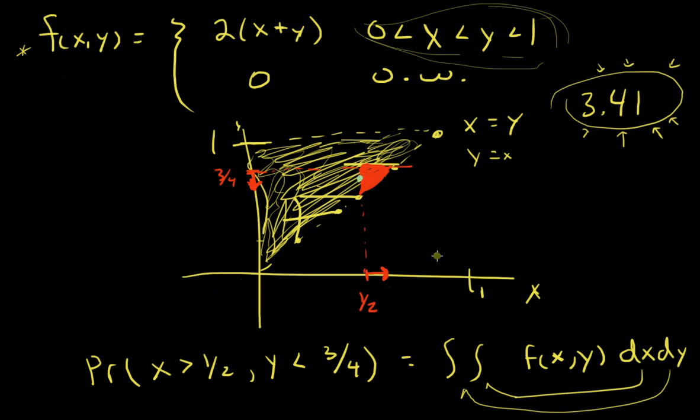It moves from left to right. So starting at 1/2, I will travel until I get to whatever value of y. Then, where does y go? Y goes from down to up, right? So starting here, what is the value of y at that point? Remember, this line is where x equals y, right? So that is 1/2. So starting at 1/2 until I get to